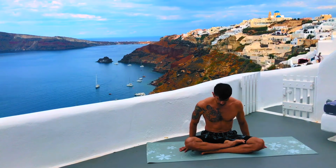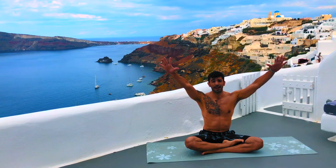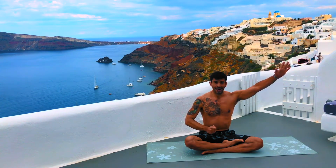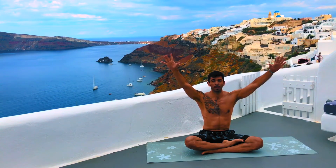Just to add a little extra to this to help you engage your pelvic floor, you're going to bring your hands up, and then as you close your hands, make a fist, engage the belly, and snap the pelvic floor. So imagine your pelvic floor kind of doing a little high five. Hands will go up, and